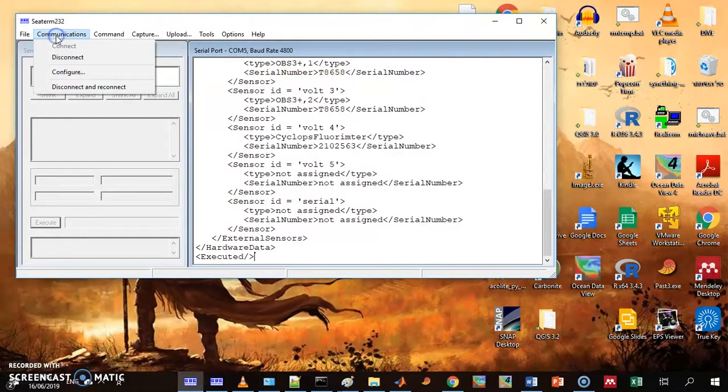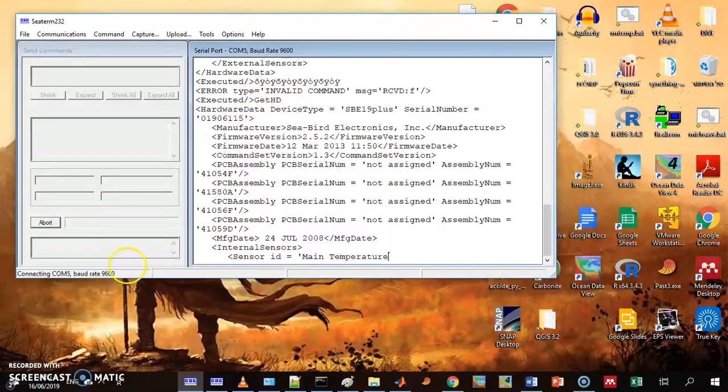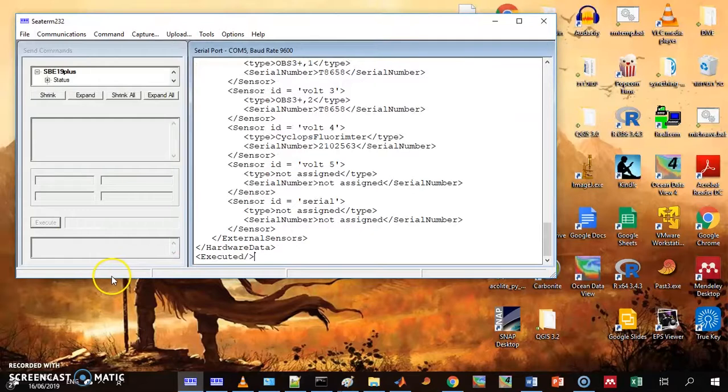Okay, and disconnect and reconnect, and you'll see here that it's trying to connect in this baud rate and you're getting junk here, but in the correct baud rate you're getting letters. So I could tell that I'm on the right serial port, but I was on the wrong baud rate, and